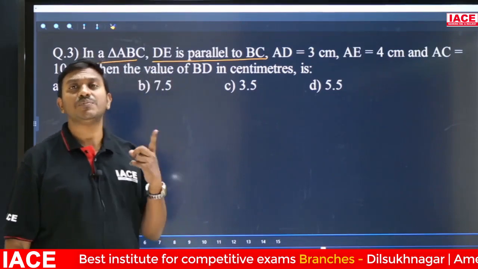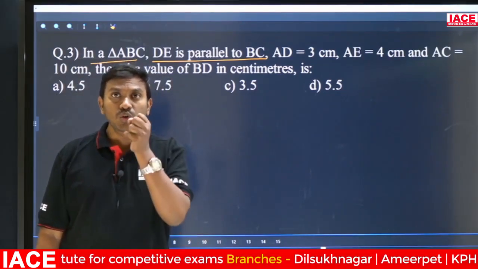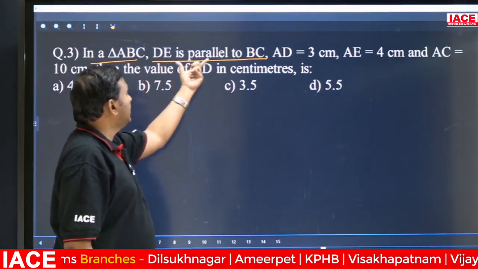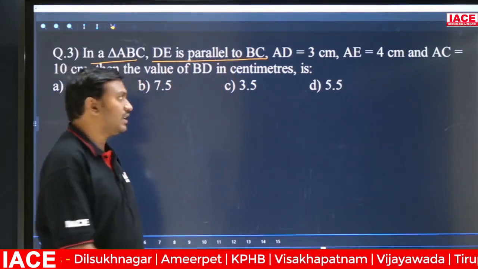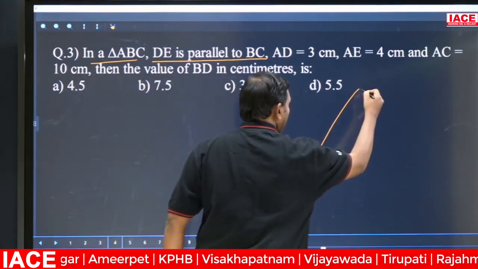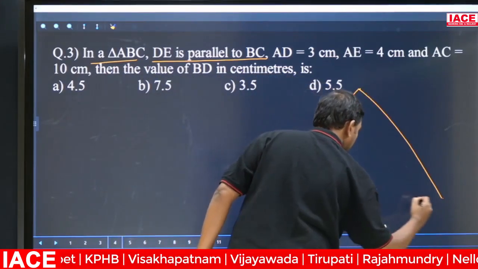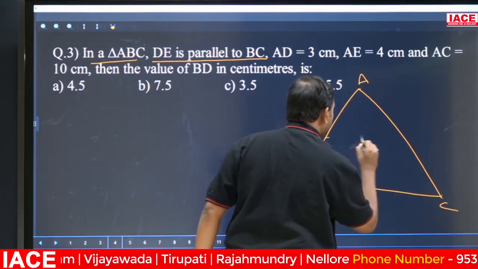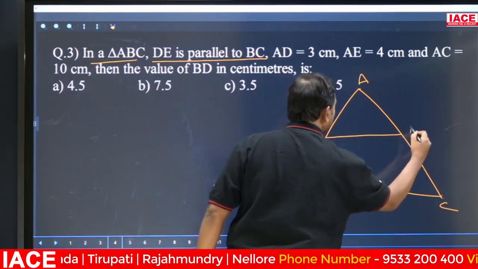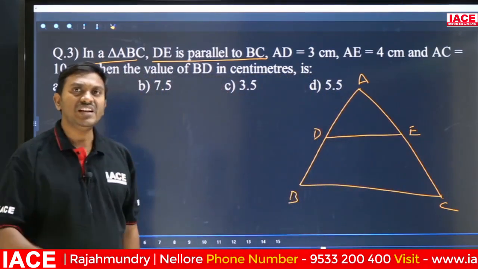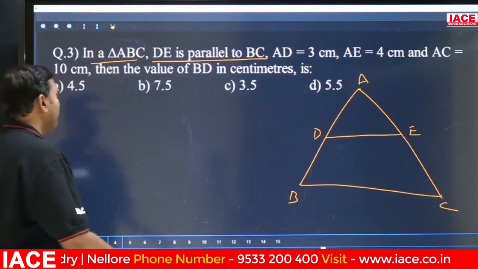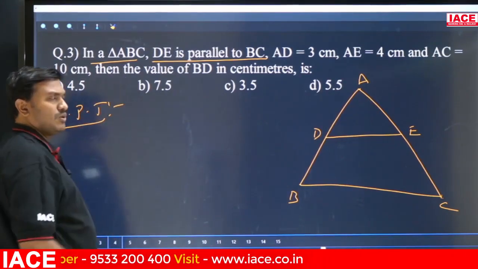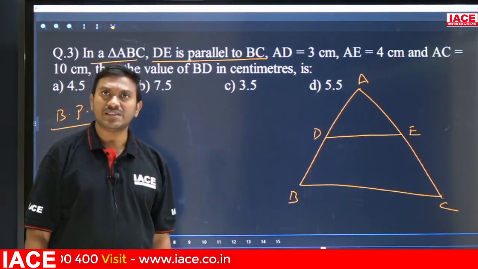Whenever you are observing a question, mainly in geometry, we have to identify the clue. So what is the clue you are observing here? DE is parallel to BC in a triangle. I am drawing a triangle ABC, and DE is parallel to BC. Anytime in a triangle parallel means which theorem we have to remember? Basic proportionality theorem, the BPT theorem. Once we remember this basic proportionality theorem,